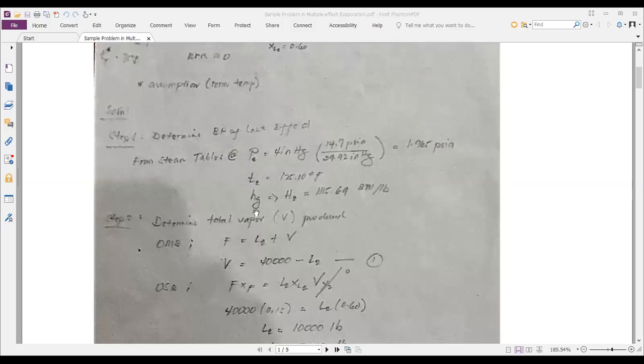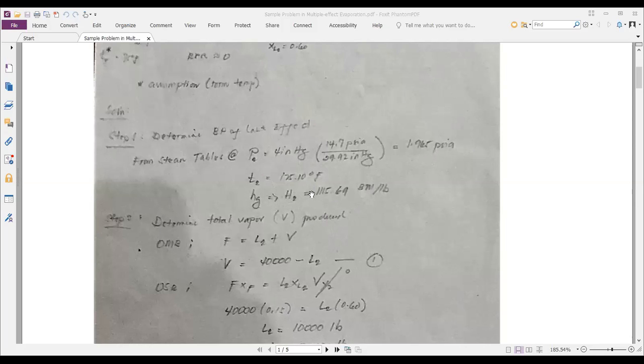Okay? Now I already took the saturated vapor enthalpy of the last effect so that I will not go back to my steam tables again later on. Why do I need to get this one now? Because I will be needing this saturated vapor enthalpy in the last effect. I will be needing it in the energy balance in that effect. So now I have already taken it so that I will not need to go back to this particular part of my steam tables and read out the saturated vapor enthalpy again.